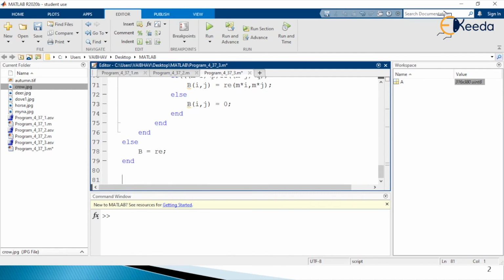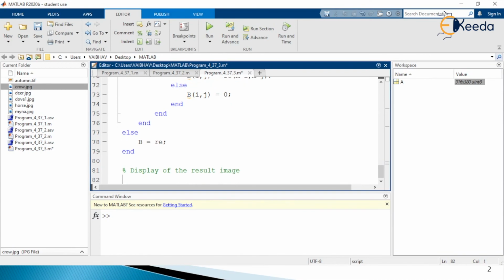Now let us have the last module, that is display of the resultant image here. For display purpose, into separate MATLAB windows, I'm going to make use of figure as a command.